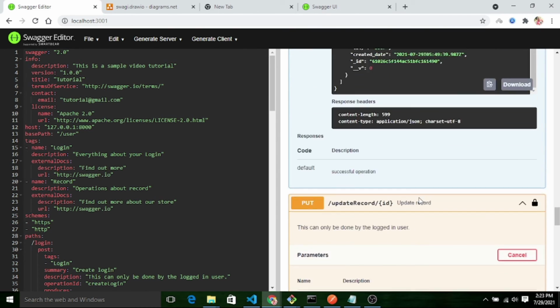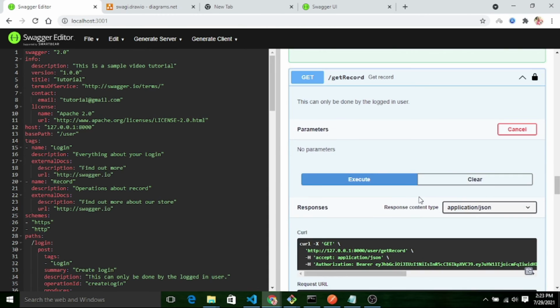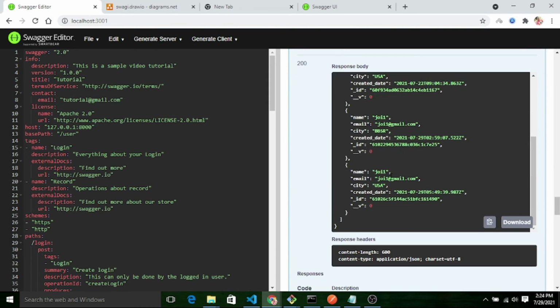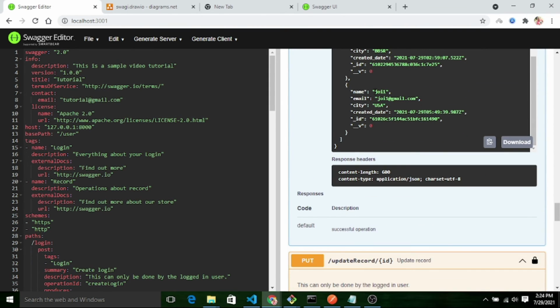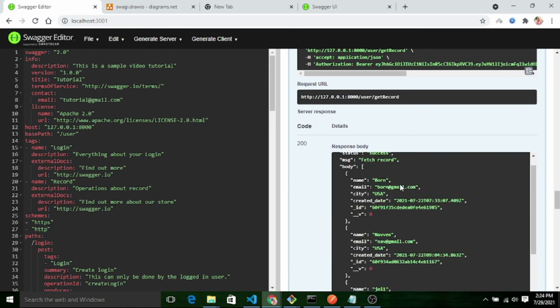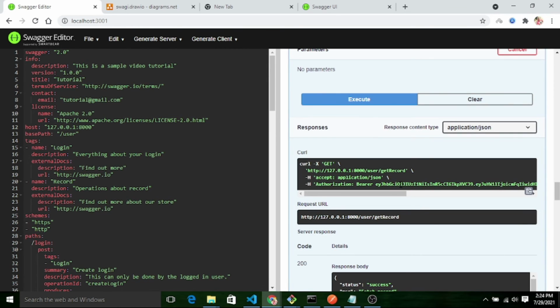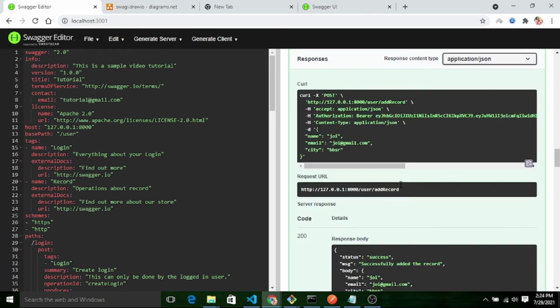So we'll again execute this get record endpoint and check whether our updated record is fetched or not. See, now it's Joy1@gmail.com and city is USA. Okay. So in this way, we can make our REST API document using Swagger editor. Now next step is